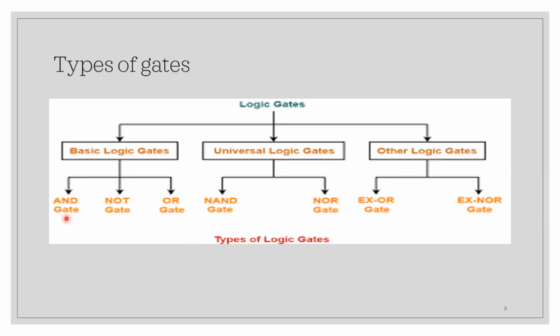In basic logic gates, generally we have the AND gate, NOT gate, and OR gate. These are the basic gates which you have already used, and you know the truth table, and you know how to implement an expression using these gates, how to build a circuit using these gates, or how to build an entire system with the help of these gates. So after that comes the